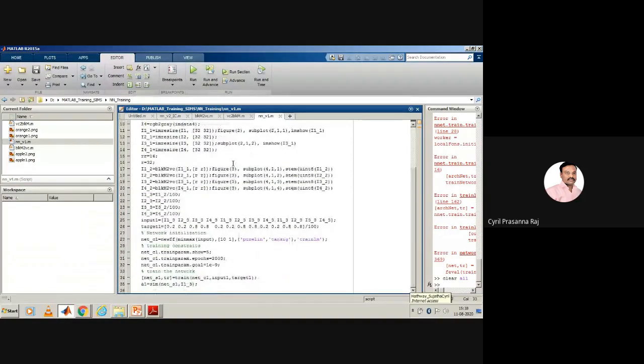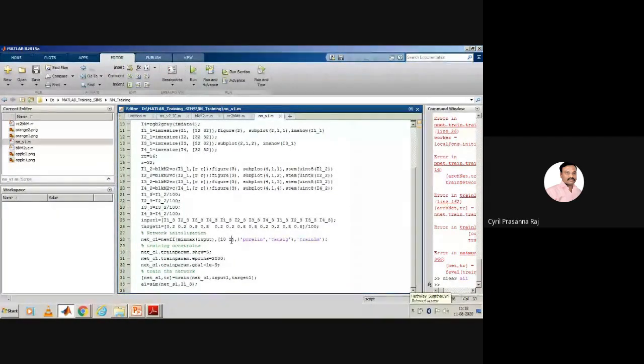So if you try to see here, let us see line number 28. In line number 28, we have defined that the input is of size 1024, and that input of size 1024 is now processed by the first hidden layer, which has 10 neurons, and the output layer having only one neuron, because our intention was to just do classification.